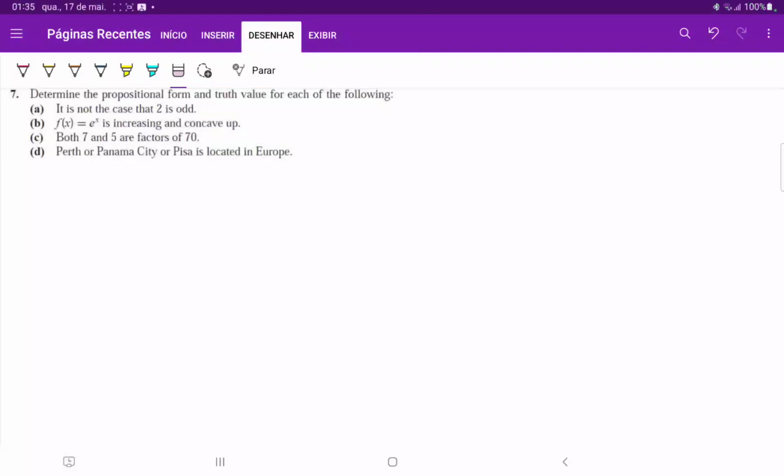So for number 7, we have to determine the propositional form and truth value for each of the following. So for A, our P is "2 is odd," and this is false. So our propositional form is "it is not the case that 2 is odd," so not P. So not false is